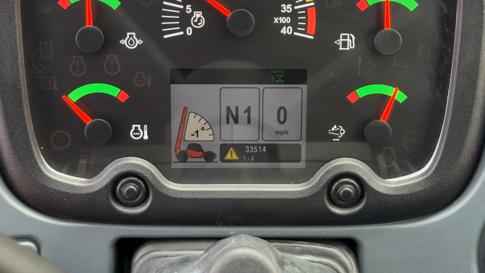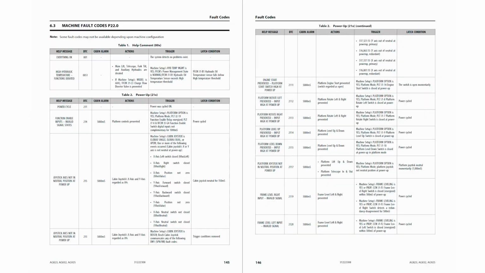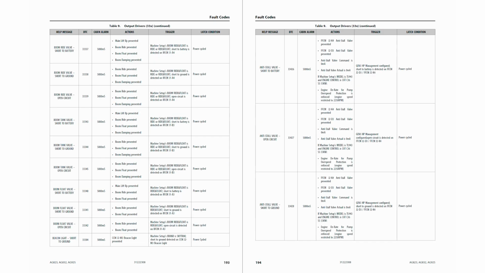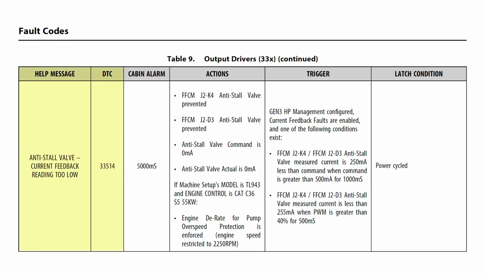If the LCD display shows a 3 to 5 digit fault code, refer to the Machine Fault Codes section of your service manual for a list of machine fault codes. The Machine Fault Codes section contains DTC messages, the machine's action and response to the fault code, possible causes or triggers for the DTC, and the latch condition or how to clear the fault code after a repair has been